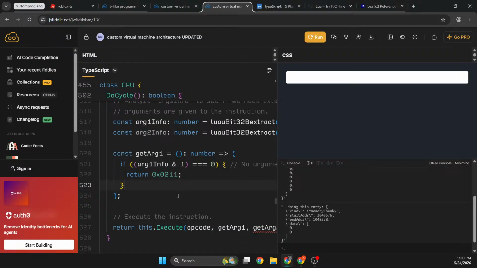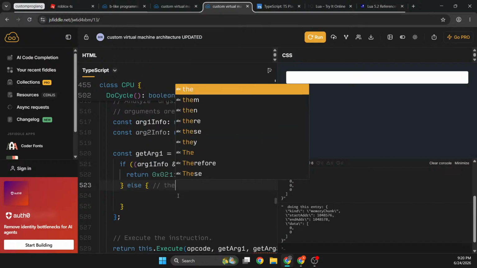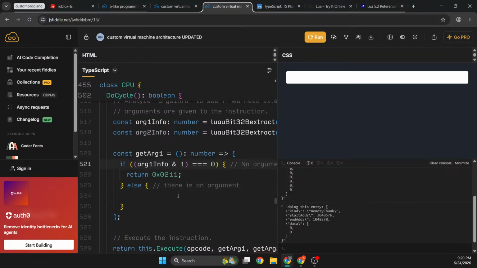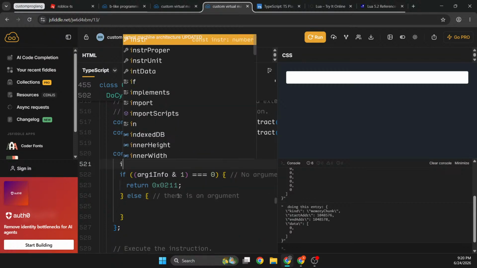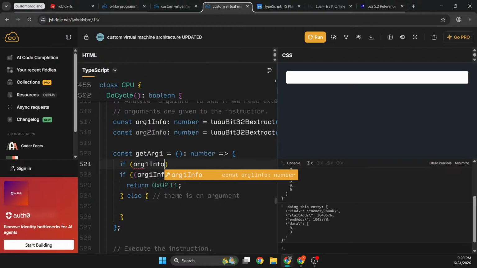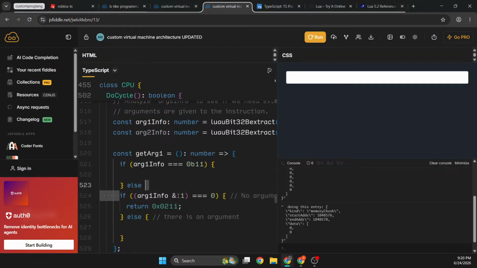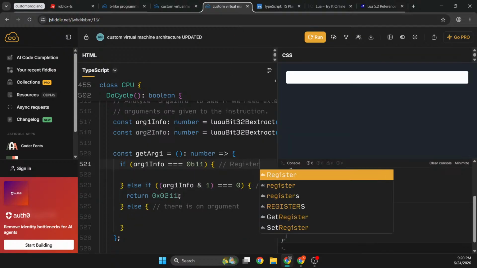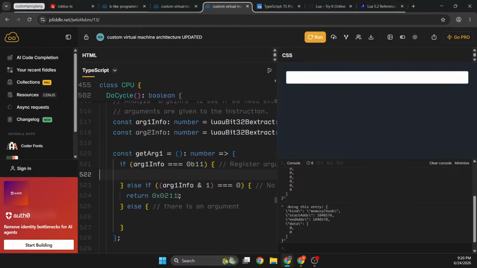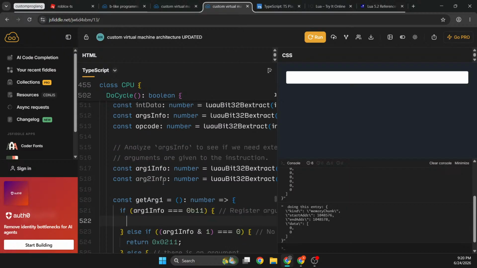And so okay, else if, so else that means there is an argument. There is an argument. Actually no. First of all, if argument 1 info is 0b11, so this would be a register argument. So that means